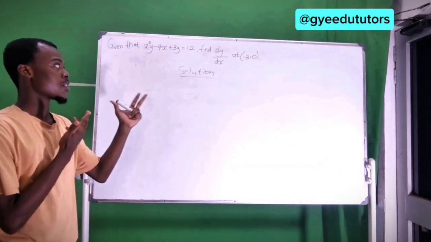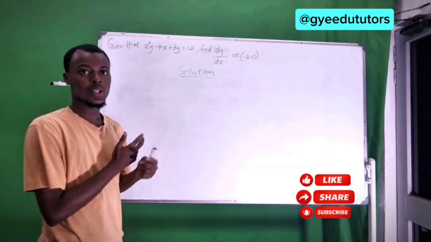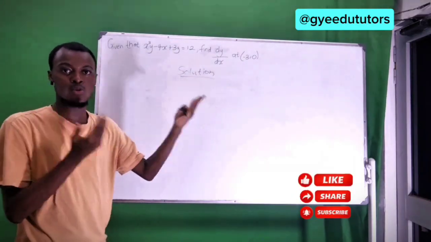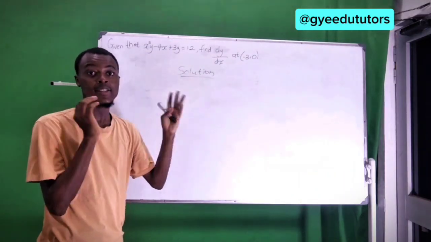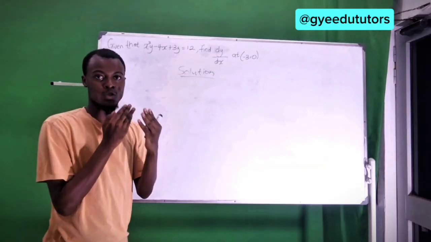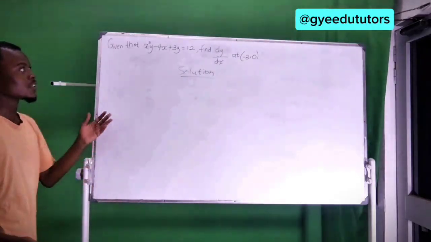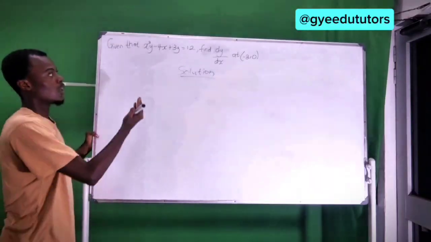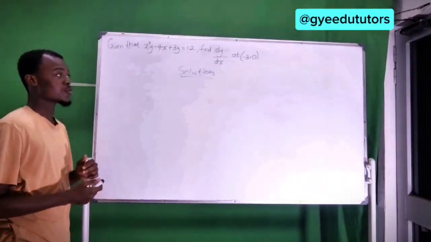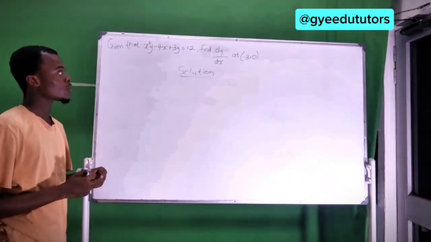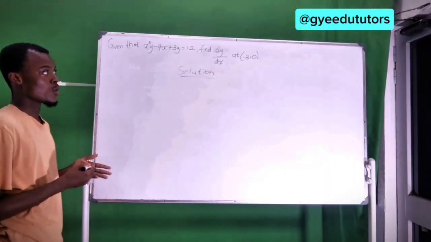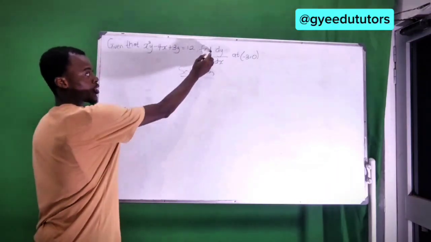So there's a WASSCE question on differentiation. Okay, so we are going to go through it together. It is very easy. Okay, so let's start. So if you are given an equation like this, we have to go through them one by one. We can decide to go through them one by one, and they said we should find out dy/dx at